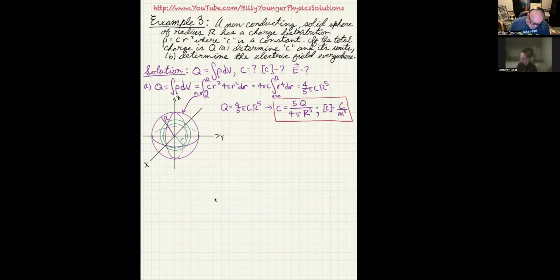Okay, so we got part A done already. Now what we're going to do is work out the electric field. So let's go ahead and make our hypothesis. So this is part B. Our hypothesis,